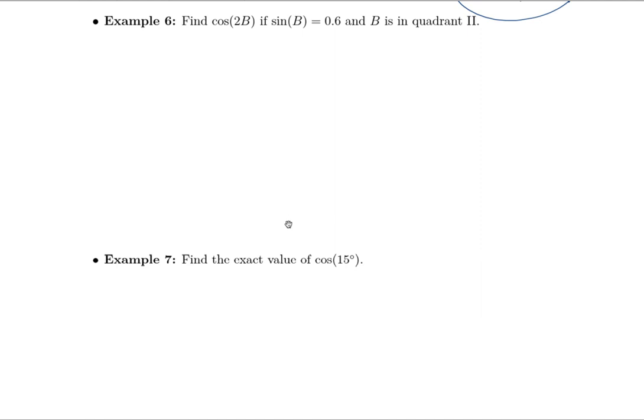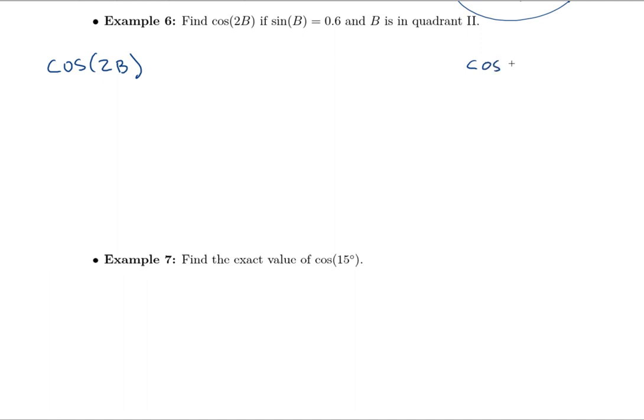All right, so let's look at example 6 here. It's asking us to find the cosine of 2b, if the sine of b is 0.6 and b is in quadrant 2. All right. So if we want to know the cosine of 2b, and all we know right now is the sine,